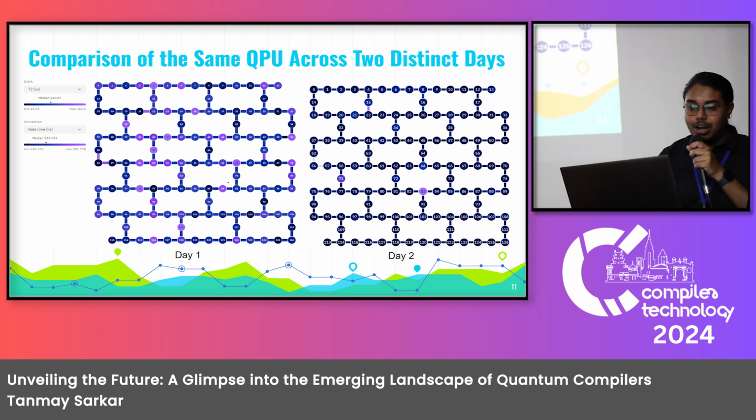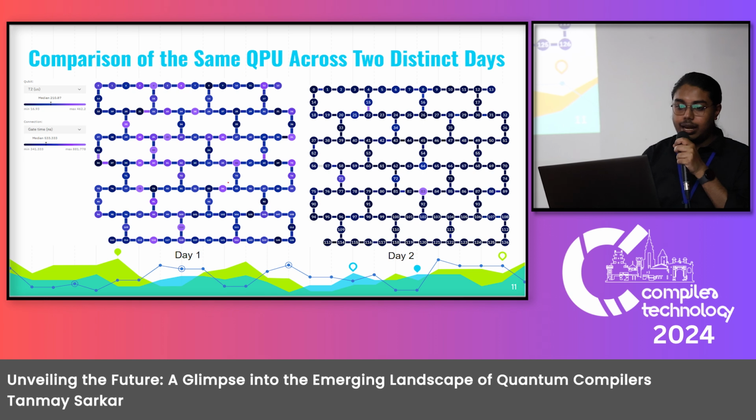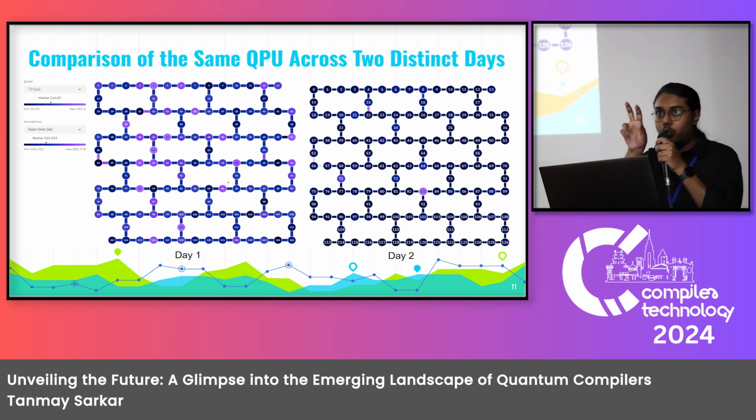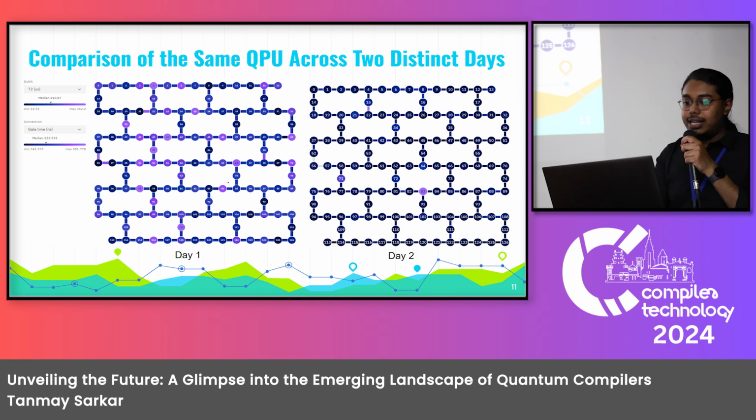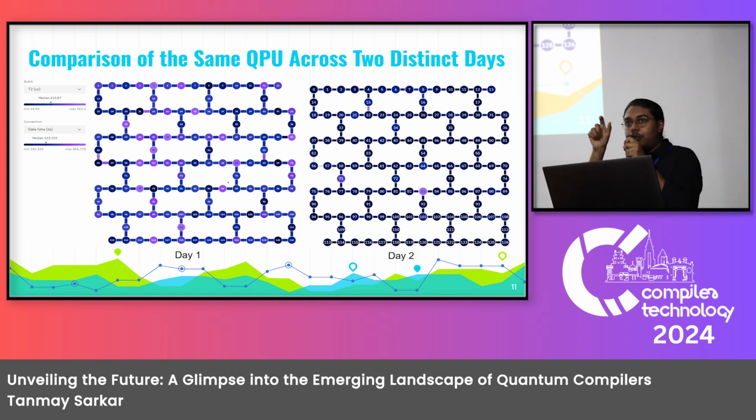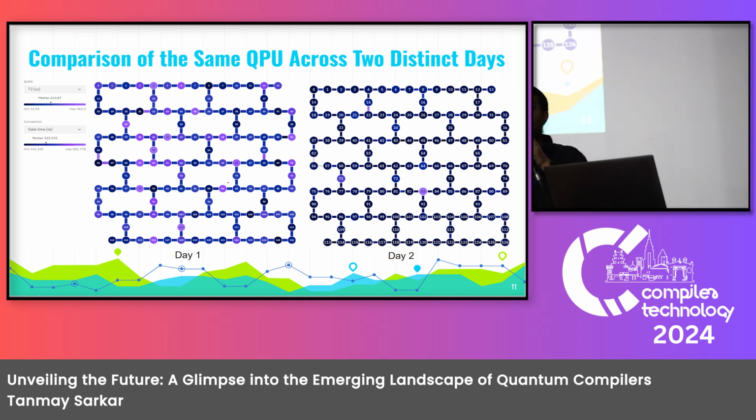This was around one month back when I recorded its parameters. These are all the qubits that you can see, and these are the connectivity between the qubits. And this is from only a few days back. Lighter color means more error prone. Lighter color links means when you do 2-qubit gates between them, they will be more error prone. So as you can see, the fidelity of the gate operations, the links, the qubits, also change with time, okay?